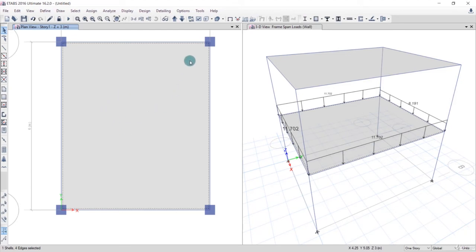So after application of load in the first floor, we'll go to the upper floor. Okay, so for going to the upper floor, you just have to click on this move up in the list. So for going to the lower floor, just click on the downward arrow. Okay, alright, so let's unselect this. Let's assume that this is the roof of the building. Okay, we'll apply the parapet wall load on these beams. So select these beams,